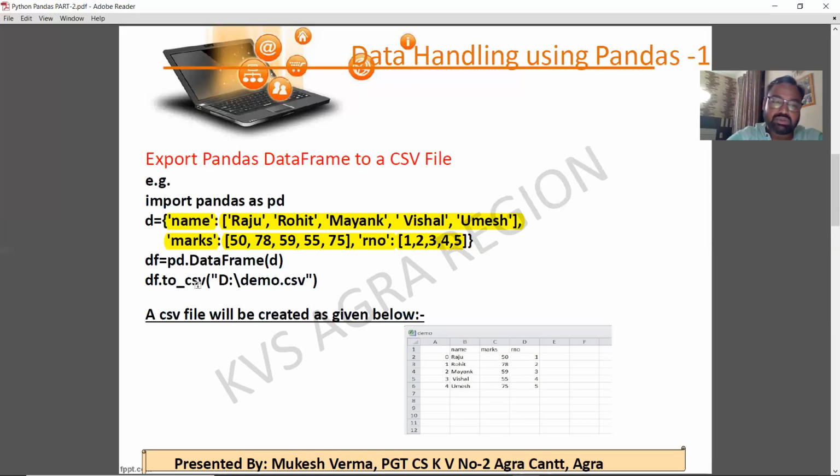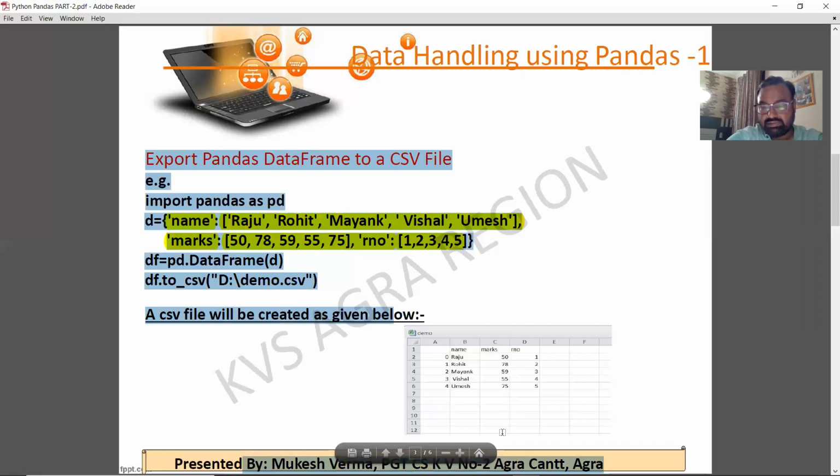This to underscore csv function is used to export the data from df into the demo.csv file which is located somewhere in the D drive. We have to mention the complete path within double quotes. This function is used for exporting the data from the data frame into the CSV file. You can see the CSV file being shown here.